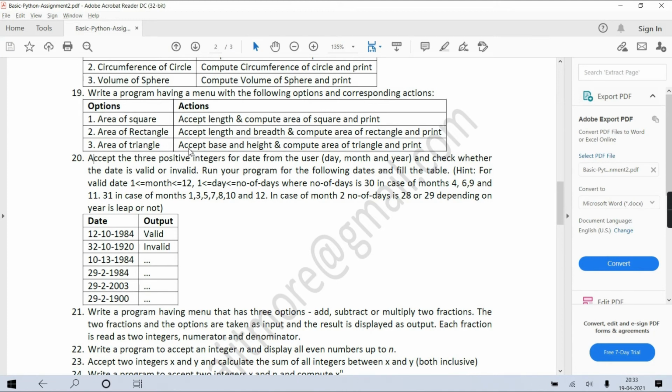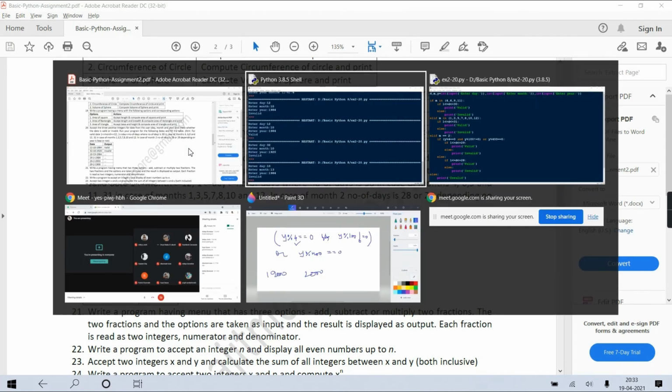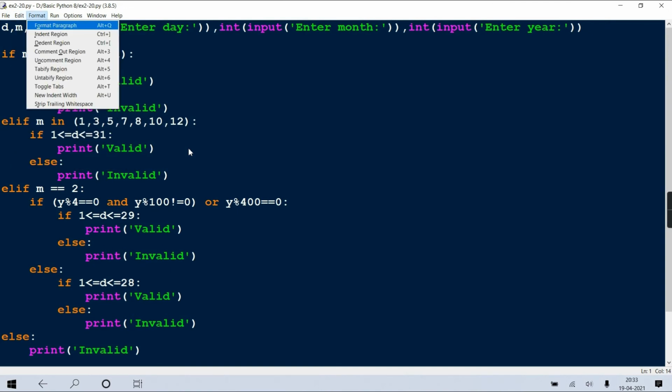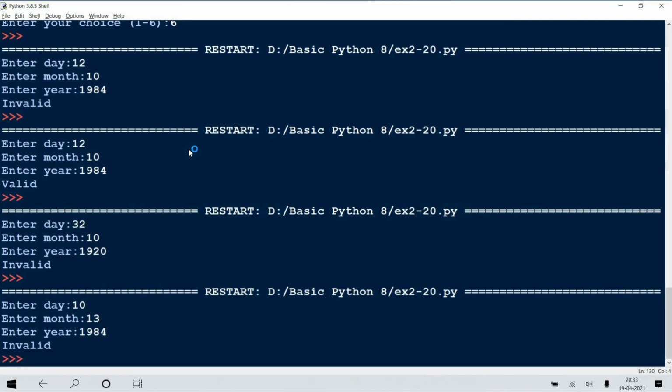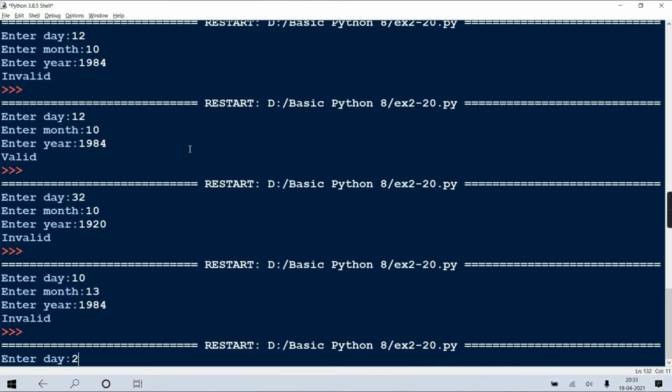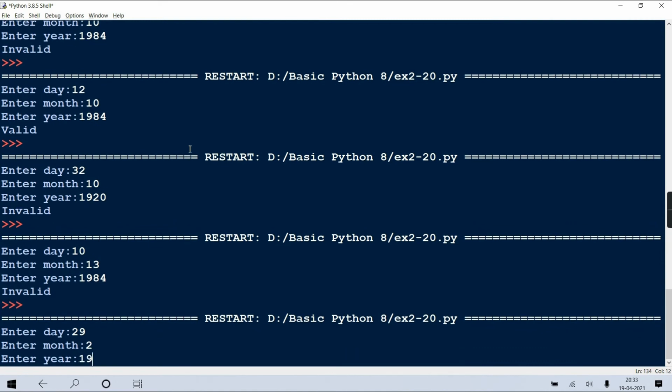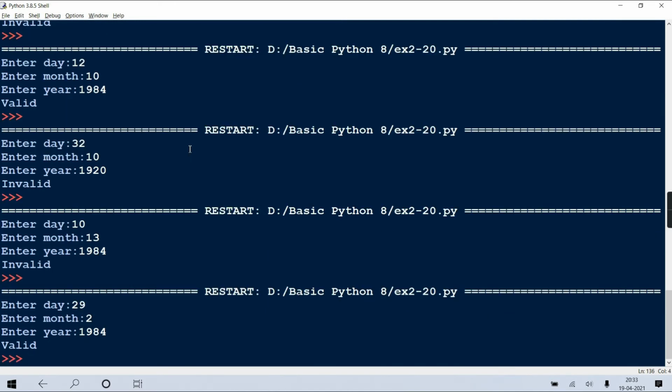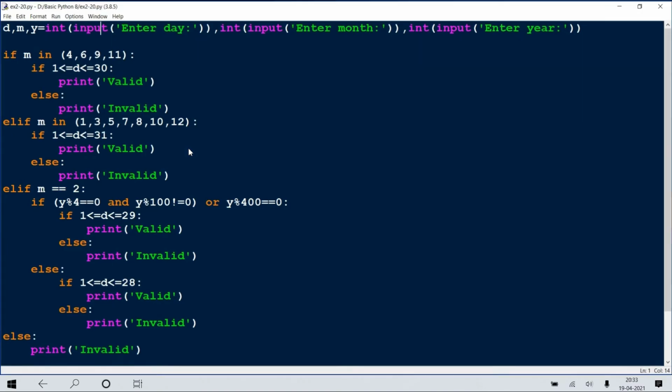So it should be valid, no? Because 1984 was a leap year. Right, all of you? 29, 2, 1984. So 1984 is a leap year. So in that case, 1 to 29 works perfectly.